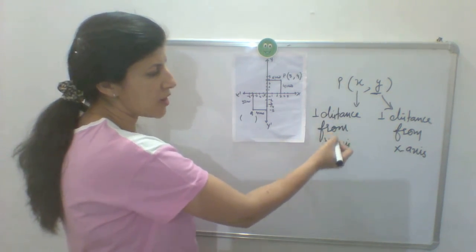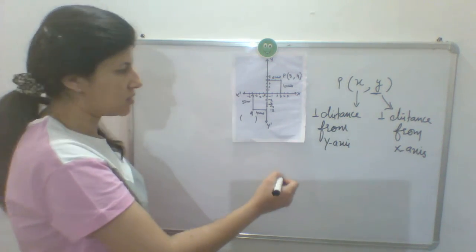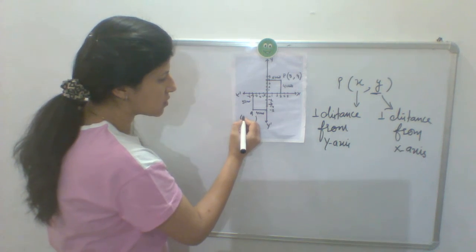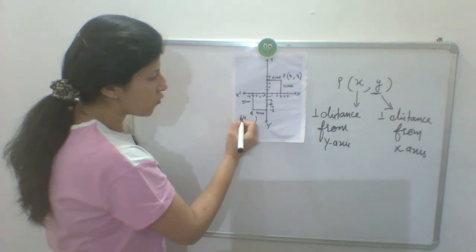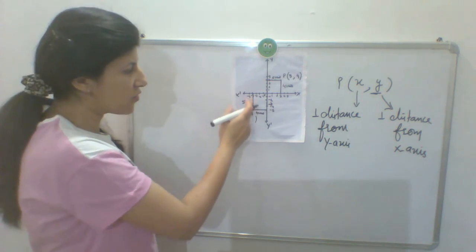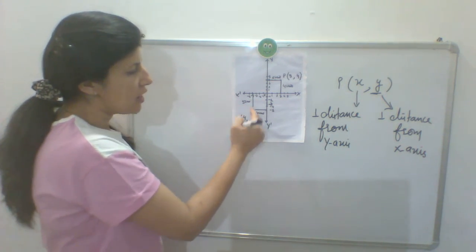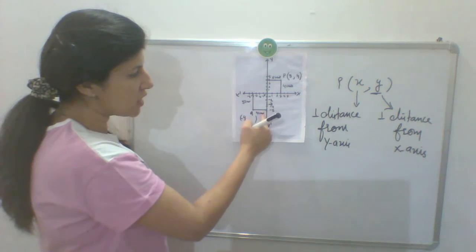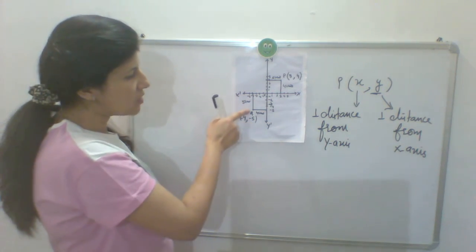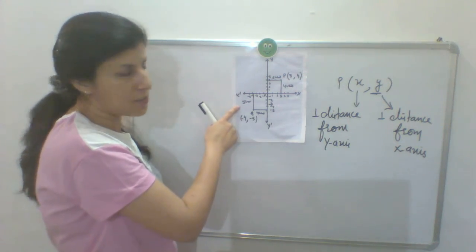First one is x coordinate and second one is y coordinate. X coordinate is called perpendicular distance from y axis. Perpendicular distance from y-axis is 4 units. So this is -4 because this is the negative direction of minus x, na? So that's why we are taking here -4. And what about its y coordinate? This is -5. बेटा जब हम डिस्टेंस लिखते हैं तो हम इसको हमेशा पॉजिटिव में लिखेंगे, पर जब हम कोऑर्डिनेट्स की बात करते हैं,